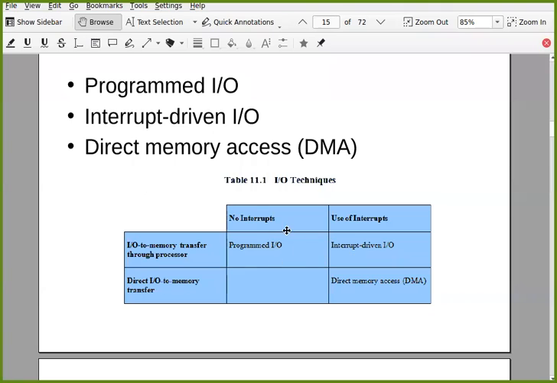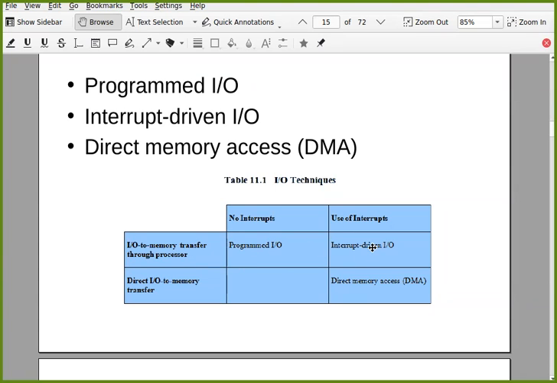In programmed IO, when the processor says a particular transfer should be done between memory and IO, it is in a waiting state. It cannot proceed further. It needs to wait for that IO to be completed.